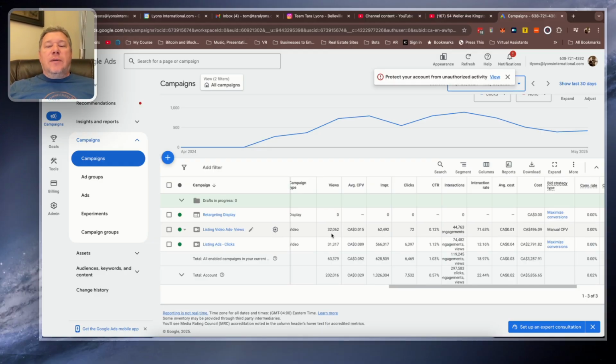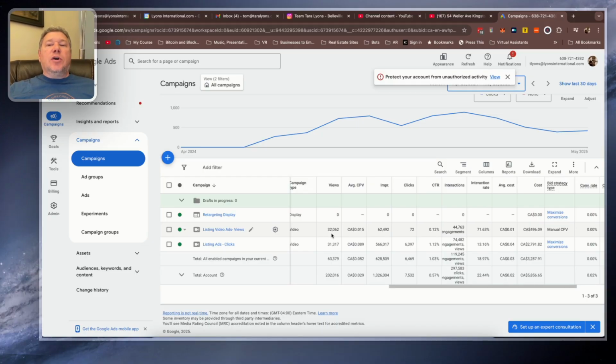So this year I'm running mainly click ads, because when I switched over to click ads, we're getting more leads through the website. What I have to do this year, and it's more of a full year experiment, is gauge whether we actually get more business from YouTube running the clicks or running the views. I could run both, there's no doubt about it, and maybe we would get even more, but the idea is to figure out which one we like better and which gives better leads to close.